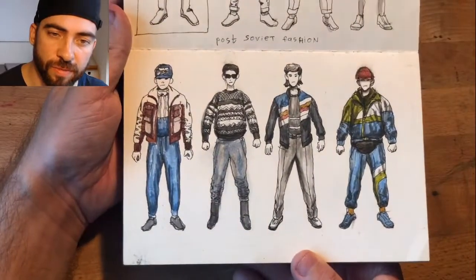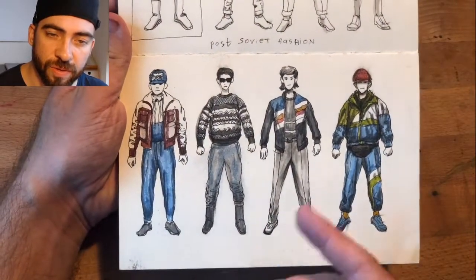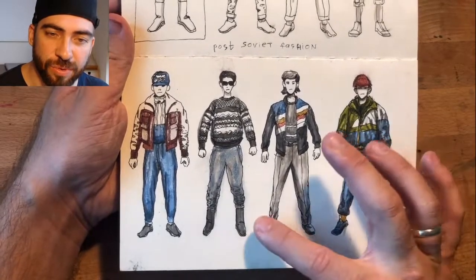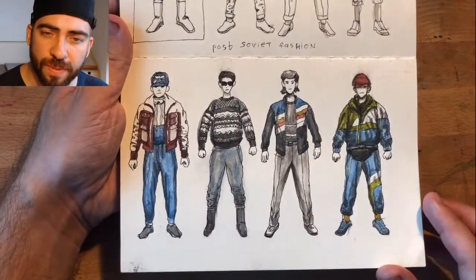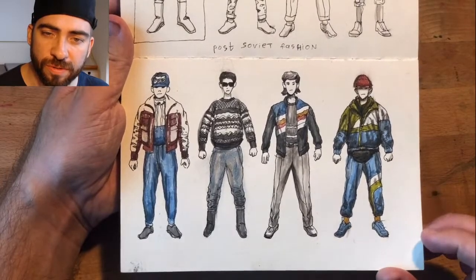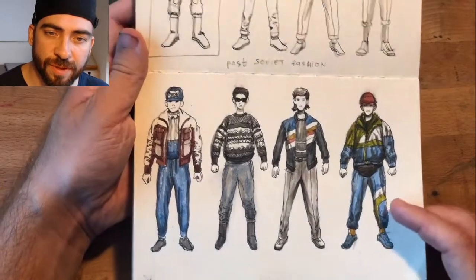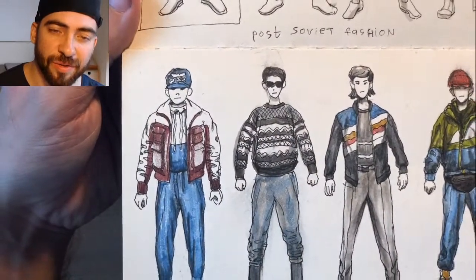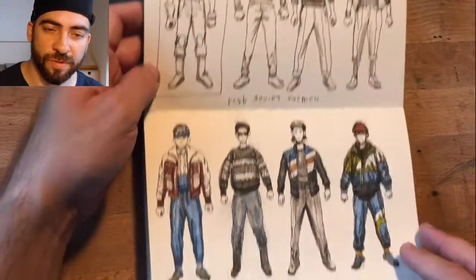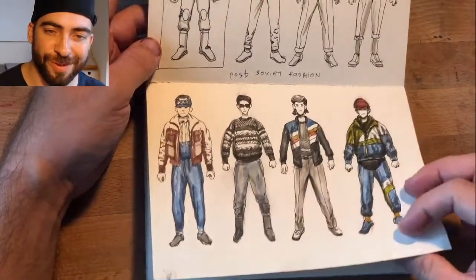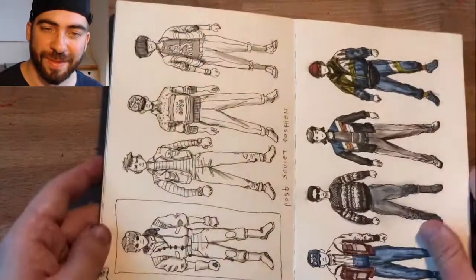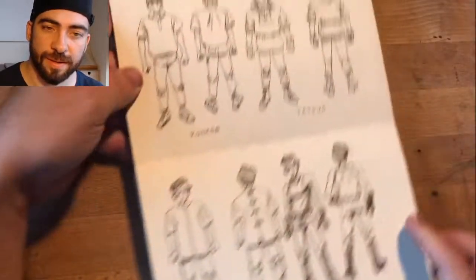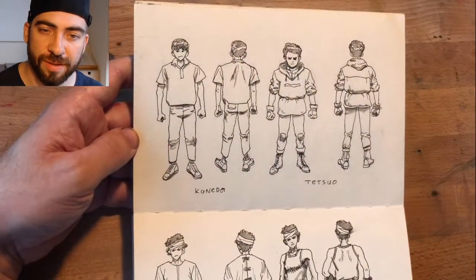And here I made it with colors, so you can see these very funny boots and sweater, sport clothes. They had a lot of funny hats from America, from the USA. It was a very weird fashion at this time. Yeah, and here I just kept drawing from Akira